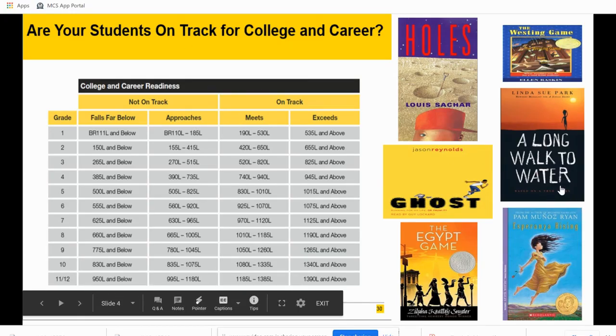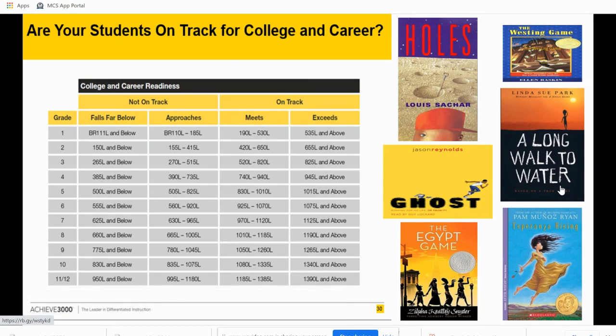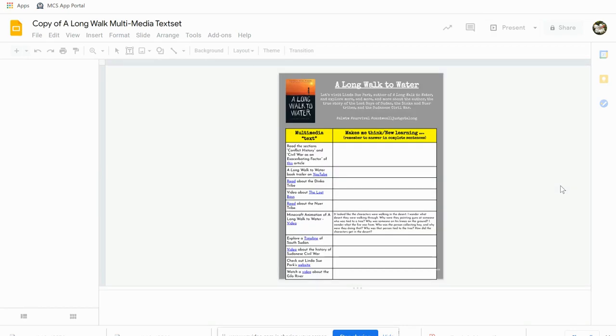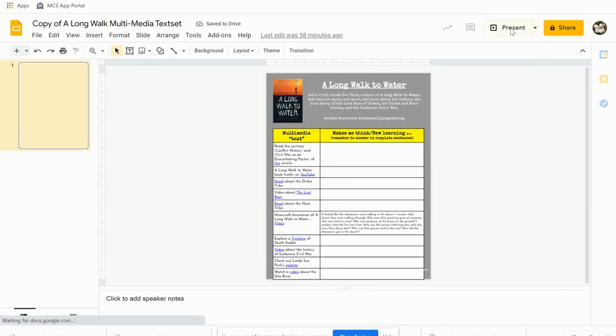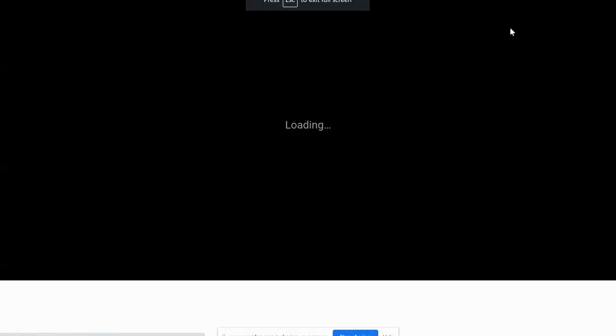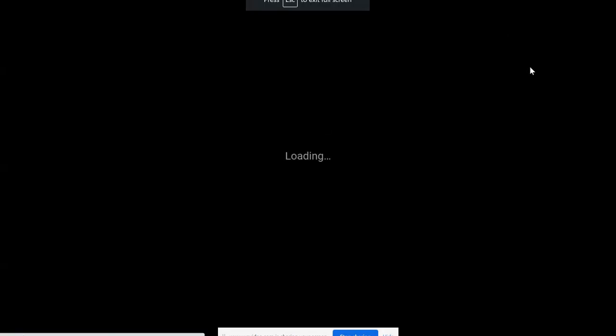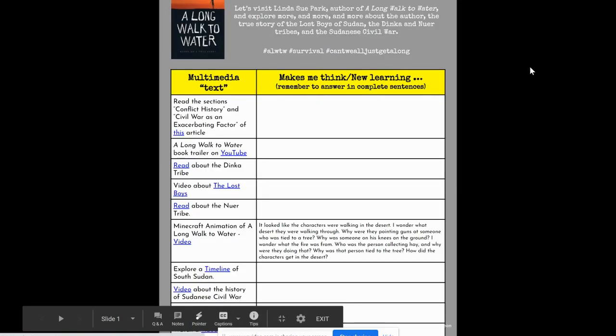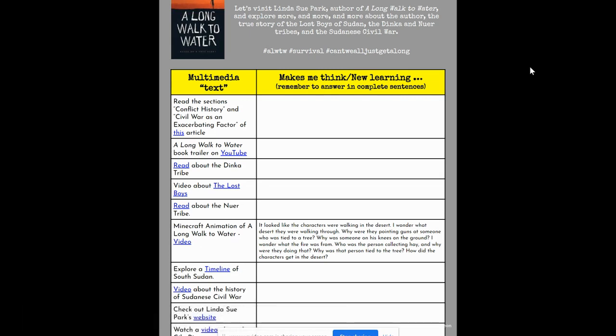Another text that I love to use is A Long Walk to Water. I align this with 6th grade and 7th grade social studies, where we are jumping into ancient Africa and try to have a transfer into what the geography of Africa is like and discuss that through this text. So in order to do that and provide a deeper understanding, I have the students create some journaling pieces as well as some summaries that provide them with their own little encyclopedia of sorts before we